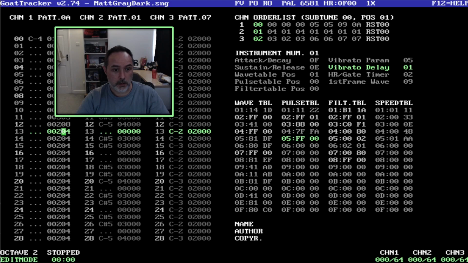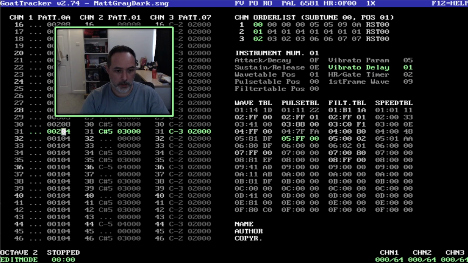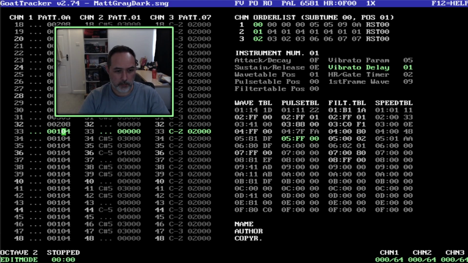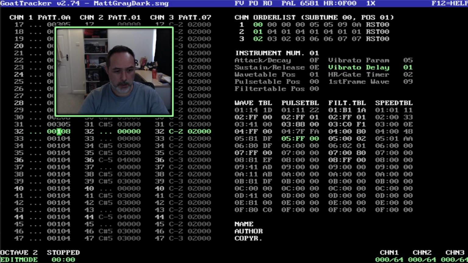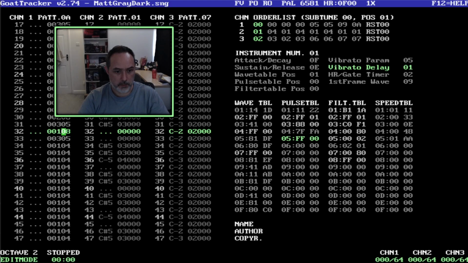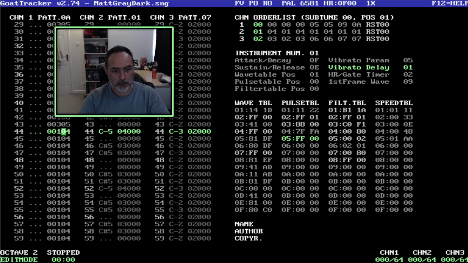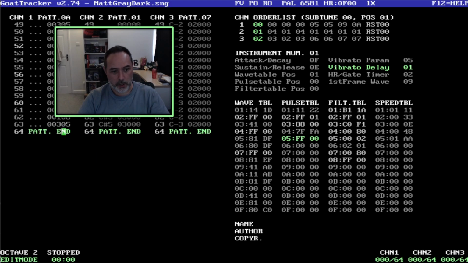305, 208, right? So it's doing a bit of both, bit of vibrato, bit of going down the way, and then I'll put in here 108 to go up the way, 305, the vibrato. So it's all speed table lookup stuff. Let's see how that sounds. It's going to sound really wacky, so let's just